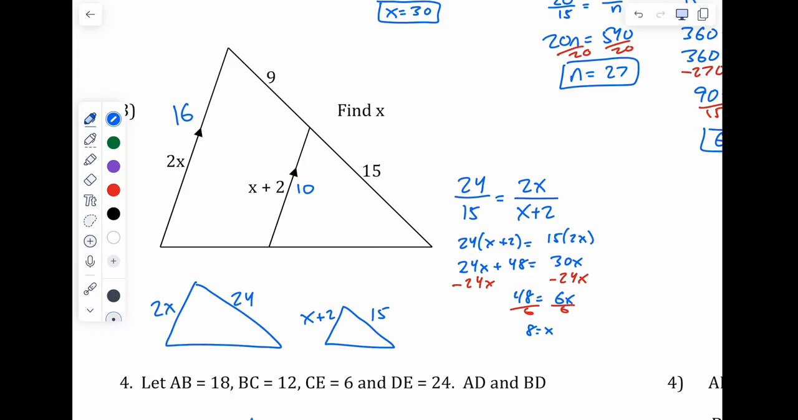And then again, you could check with scale factor. You just got to know for the scale factor, don't do 9 over 15 or 15 over 9. You would do 24 over 15 or 15 over 24, and then you could test. This side is 10 and this side 16. The scale factor from big to